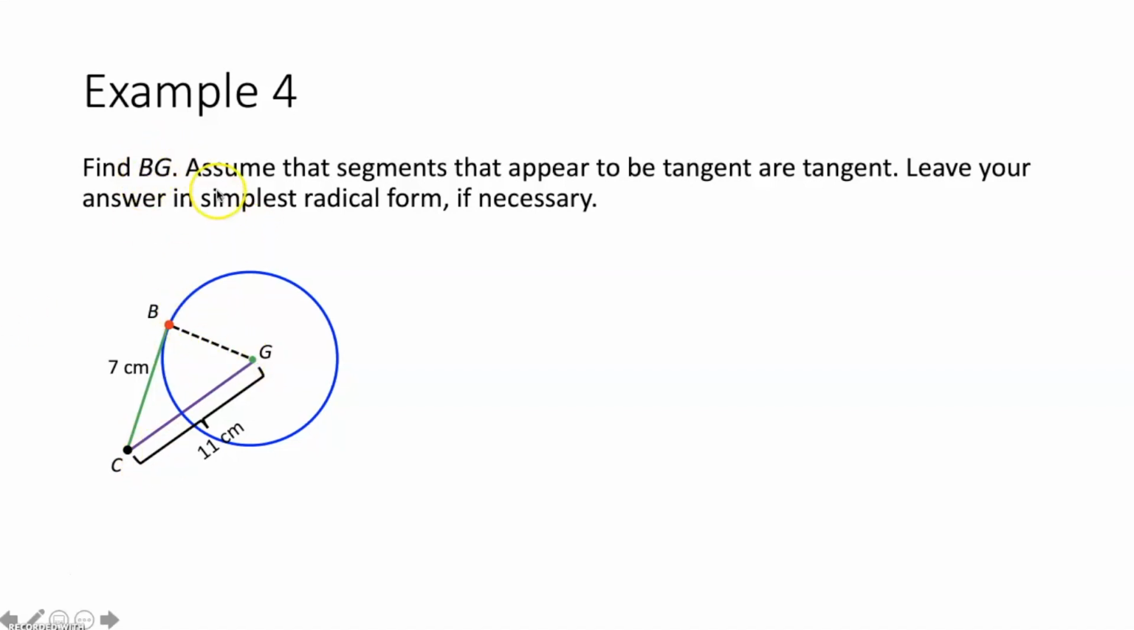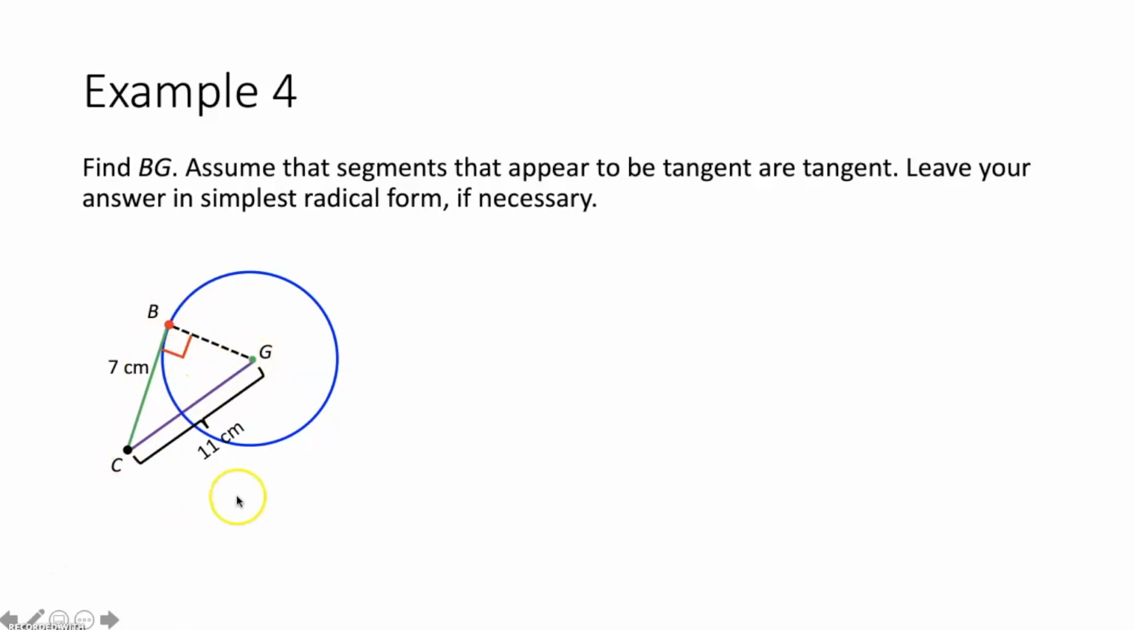Well, the good news this time is it says assume that segments that appear to be tangent are tangent. So in this figure, the only segment that appears to be tangent would be segment BC. It is tangent to circle G at point B. Now because this segment is tangent to circle G at point B, based on one of the theorems we talked about, it is going to be perpendicular to a radius drawn to that point of tangency. So we know that segment BC must be perpendicular to segment BG, making this triangle right here a